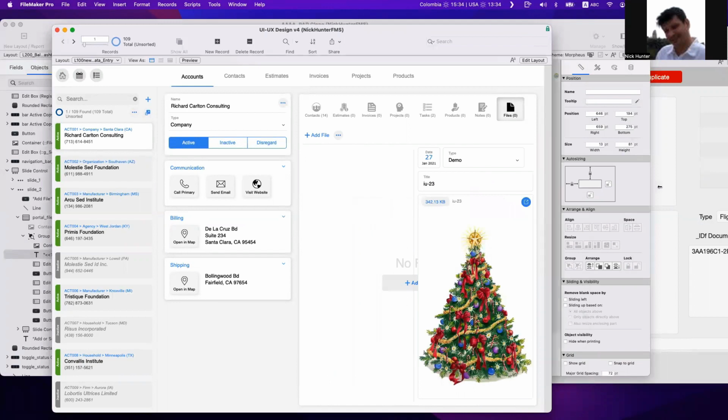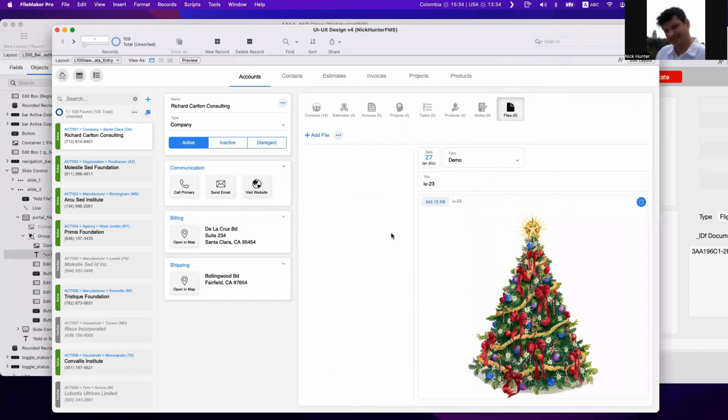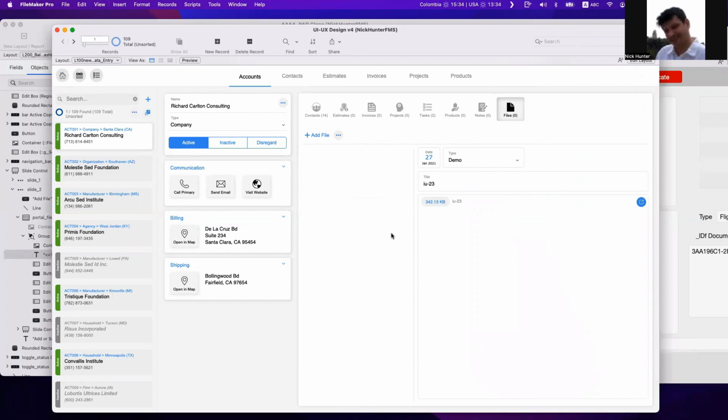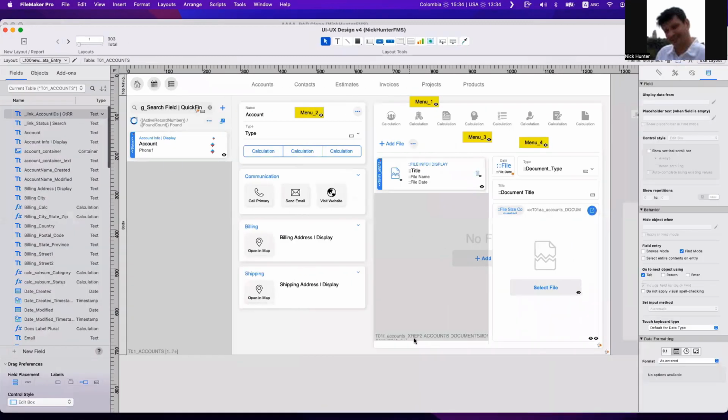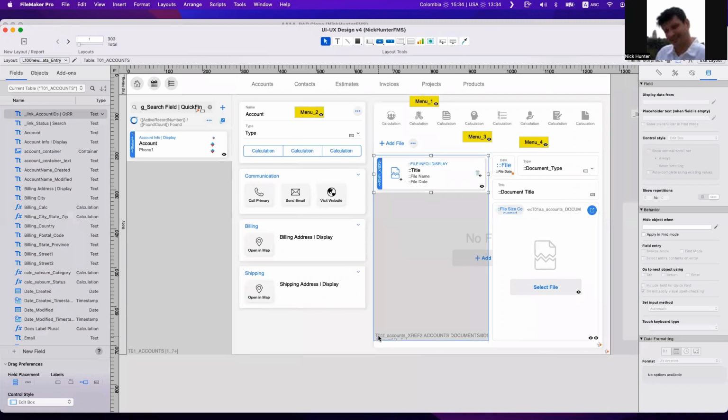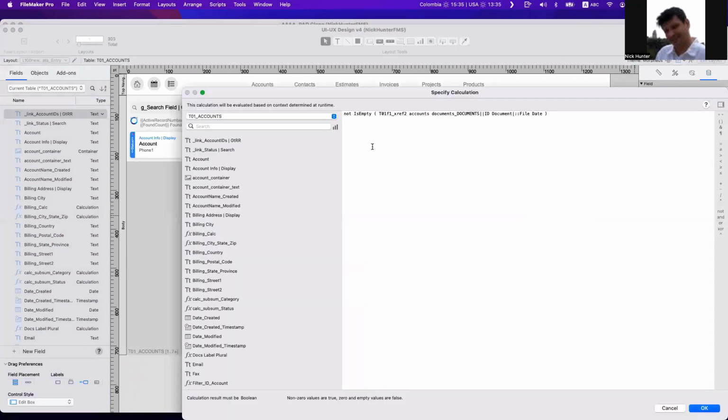Okay. So now this table is broken because it goes to a table where I have no record for now. I'm just rearranging this stuff. We need to rearrange, of course, the